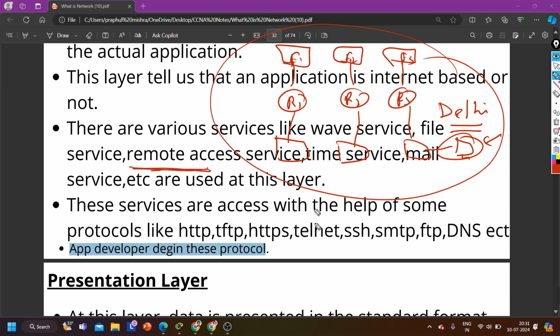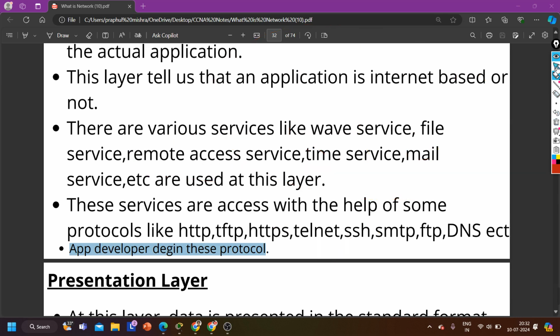And to use this service, I have two protocols, Telnet and SSH. So if someone asks you what is Telnet or what is SSH, it is an application layer protocol which is used to access remote services. Or in other words, you can say Telnet is an application layer protocol which is used to take remote access of networking devices. Is it clear? So you need to learn all these protocols, guys: HTTP, TFTP, HTTPS, Telnet, SSH, SNMP, DNS, and a few more like POP3,